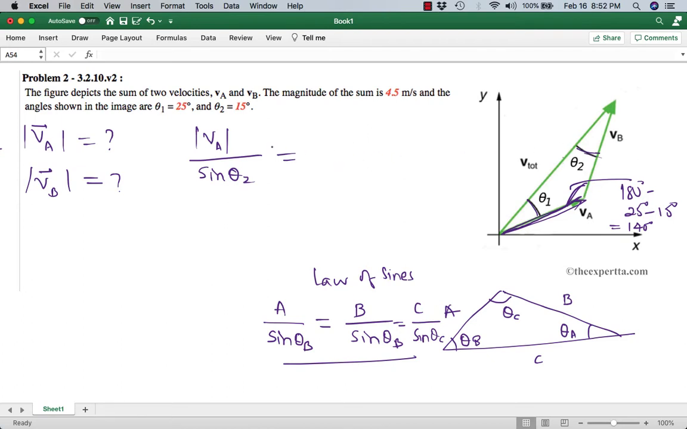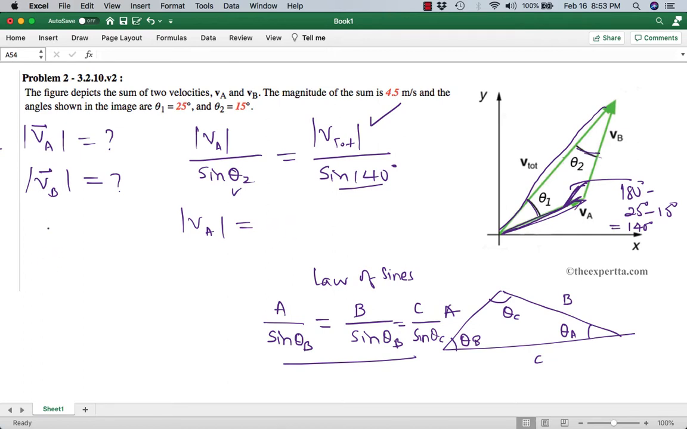Instead, let's use V total because we are given V total. Okay, so magnitude of V total over, so V total is this side, and the angle opposite to this side would be this 140 degrees. Okay, so sine 140 degrees. Okay, so we want to find VA. We're given V total. V total is known. Theta 2 is also known, and we have sine 140 degrees. So everything is known except VA. So you can find VA by plugging the numbers. Okay,